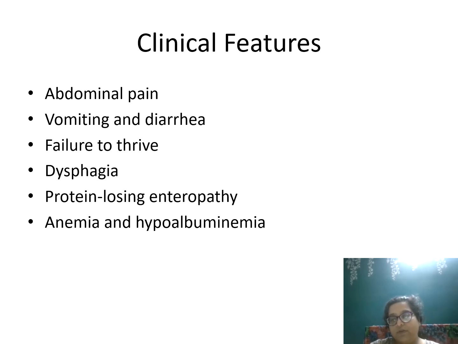So the symptomatology of eosinophilic gastroenteritis or a cow milk protein allergy or anything related is the same as any other abdominal infection or inflammatory bowel disease, etc. So you'll have abdominal pain, vomiting, diarrhea, failure to thrive, dysphagia. Protein losing enteropathy is found out on diagnosis. So clinically, the child will appear malnourished. So that is how you can maybe think that this could be that. Anemia, hypoalbuminemia, there will be loss of protein, etc., due to allergic process. And this is more of an investigative finding. Anemia, of course, an examination finding.